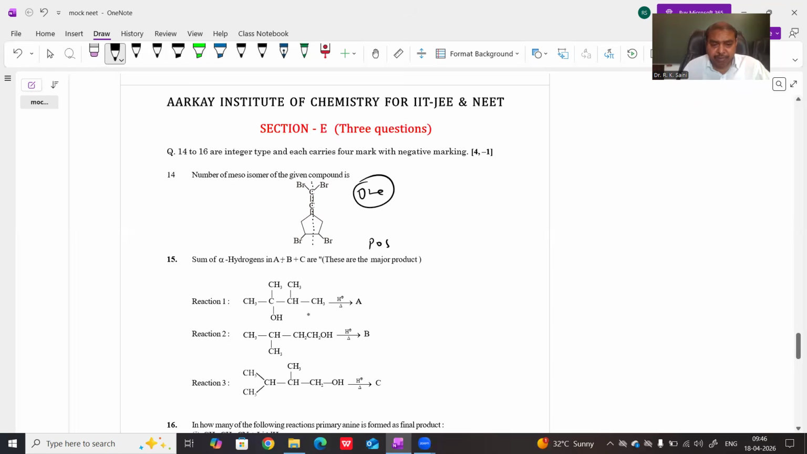Next, the sum of the alpha hydrogens and alpha beta. First, we consider the reaction mechanism. We know that the alcohol is firstly protonated by H plus ion. On heating, it eliminates water and changes into a carbocation, and then H plus ion is removed. Therefore, this alkene is formed in the first reaction, and in total there are 12 alpha H in this alkene. In reaction second,